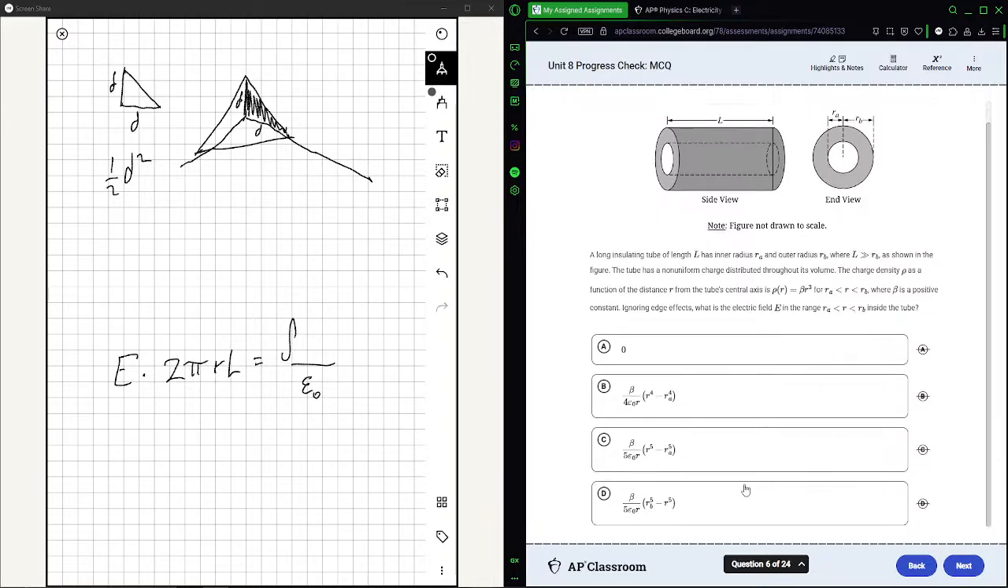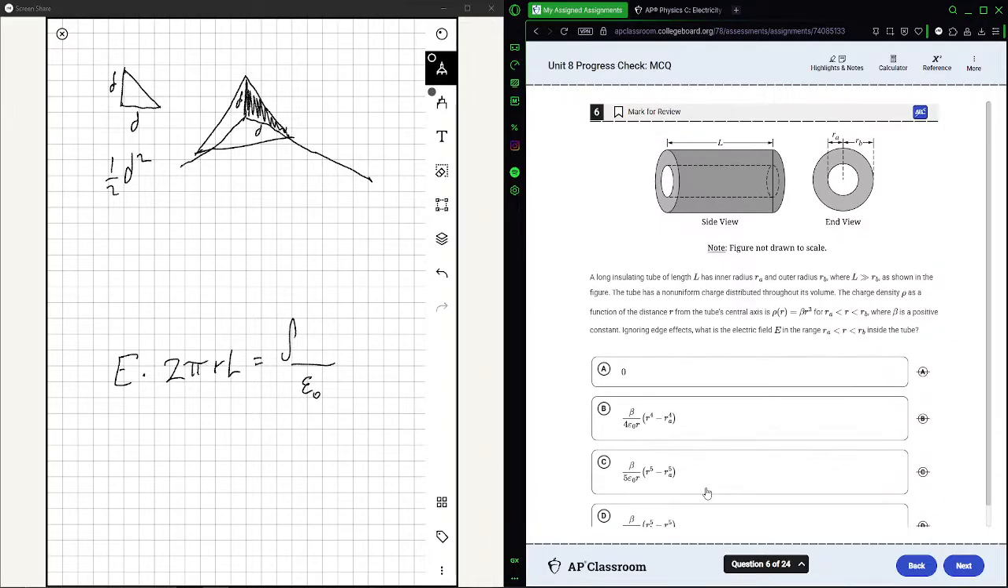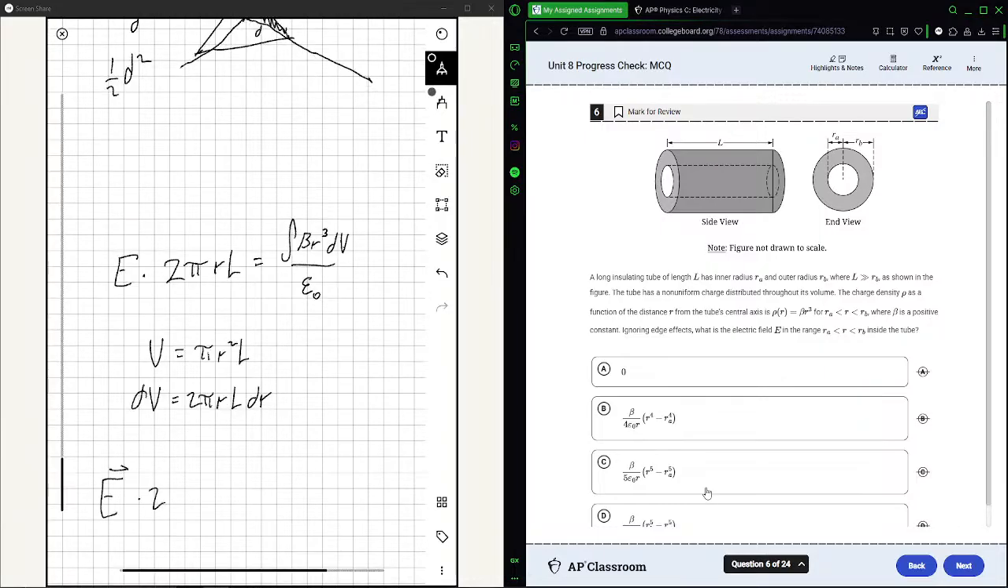Does it not have L as a factor here? What is the electric... let's see. Oh, so this is dV. Okay, that's what it is. So you're just going to do it from... beta R cubed dV. Okay, and V is equal to pi R squared L, so dV is 2 pi RL dr. So we have E times 2 pi RL equals this integral beta R cubed times 2 pi RL dr